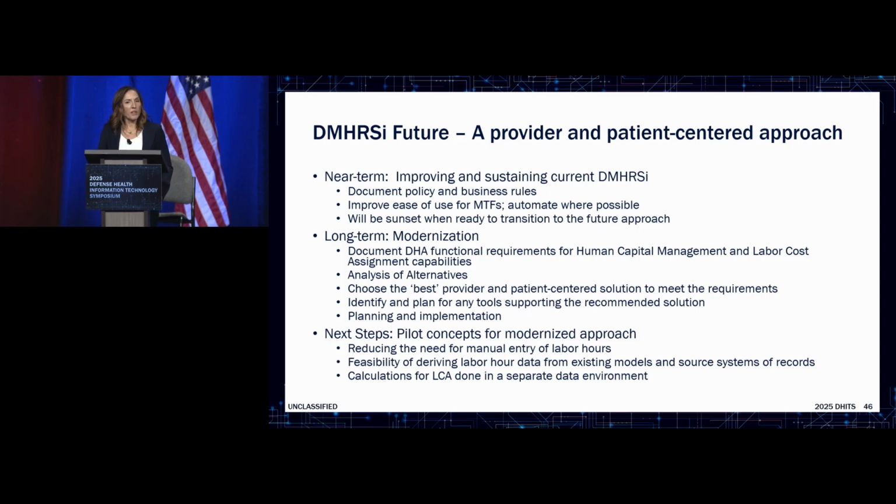So a few things we're working on right now is really thinking about the concepts for the data and thinking about what is the data that's already out there in Genesis, in other systems of record, and what are our possibilities for reducing the need for manual entry, for ways of capturing that data, automating that data to create that picture and to help us understand and see the availability of our staff.